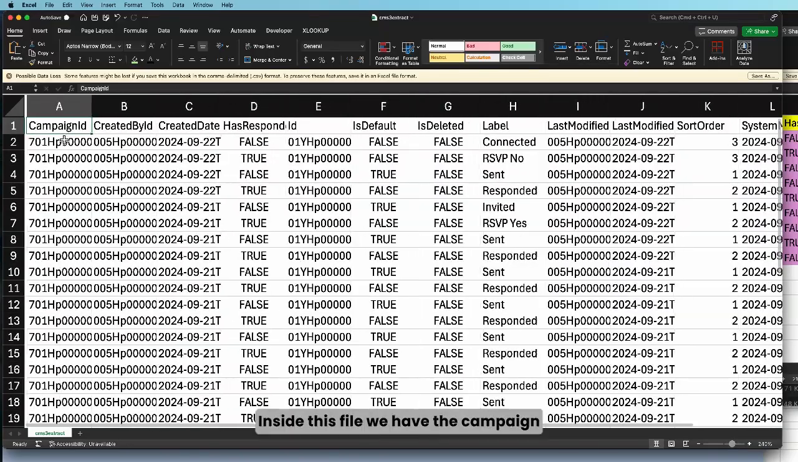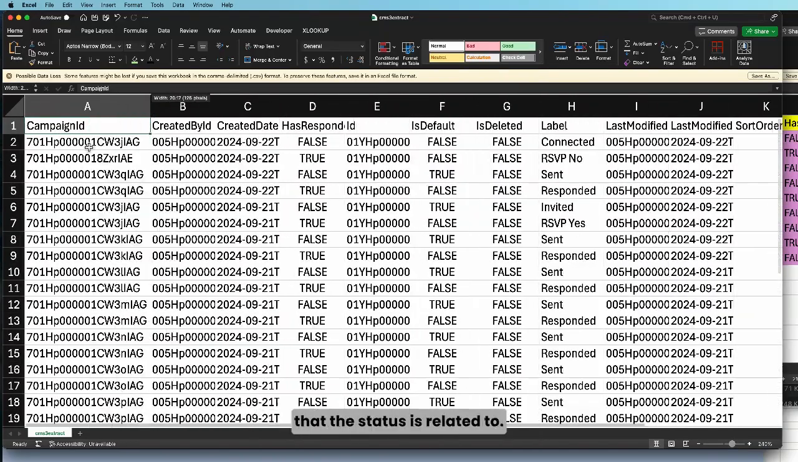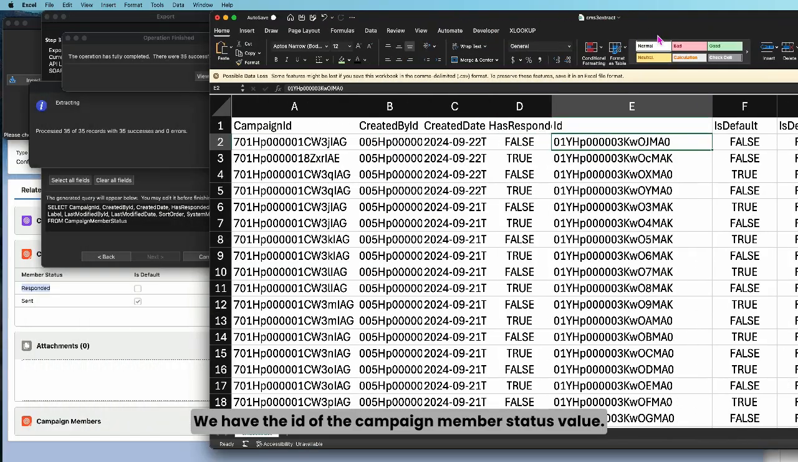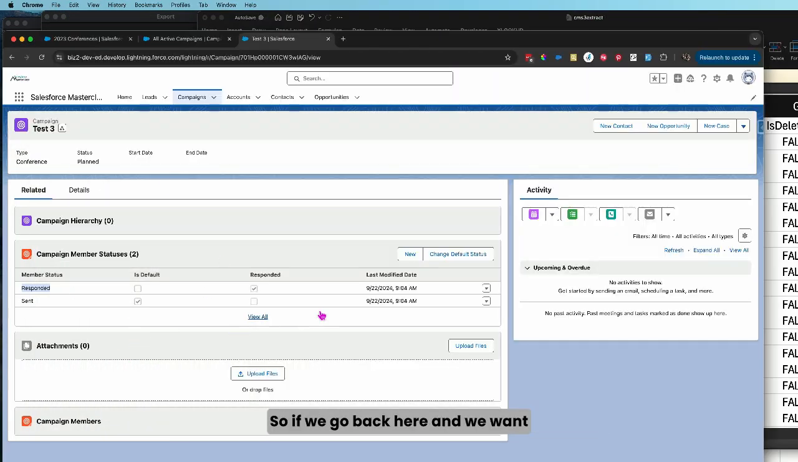Okay. Inside this file, we have the campaign that the status is related to. We have the ID, remember the 01Y that we were looking at? We have the ID of the campaign member status value. So if we go back here and we want to find for campaign test 3, the responded ID, let's click